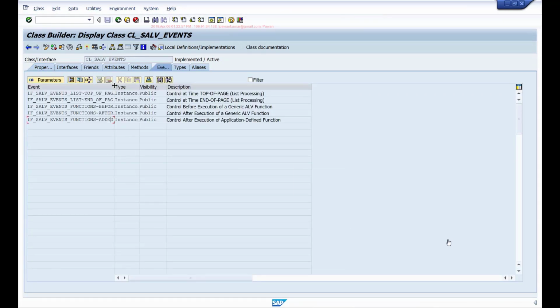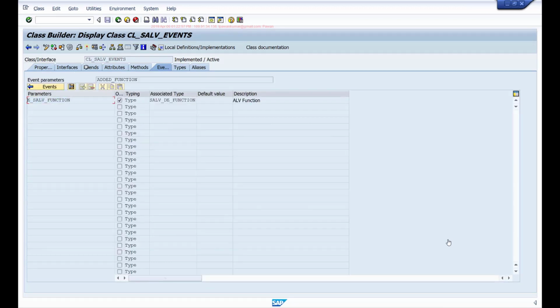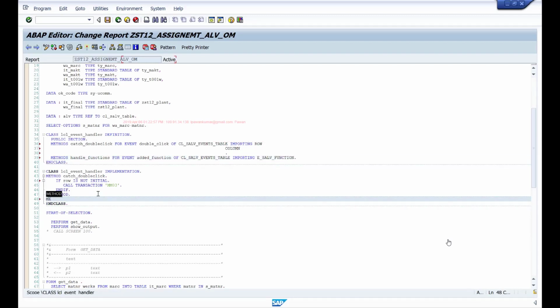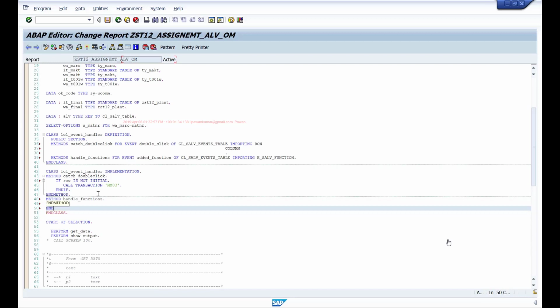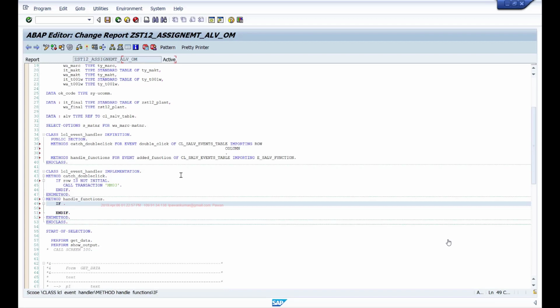This added_function has this parameter. So the method is for event added_function of this class importing this, and I'll implement this method also here. Method handle_functions, end method. Here if e_salv_function equals PDF, then you write your logic.